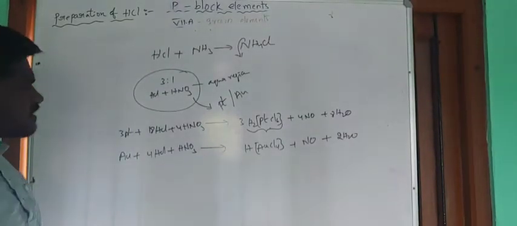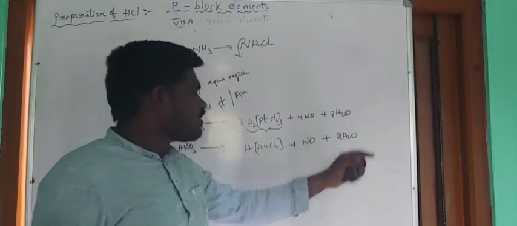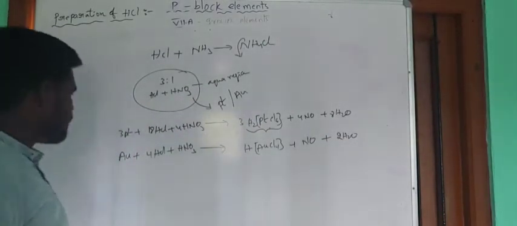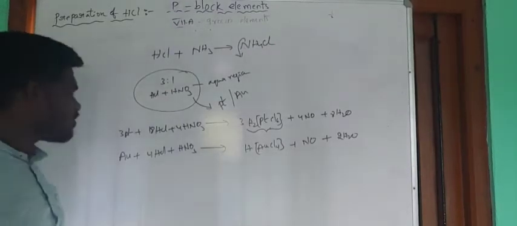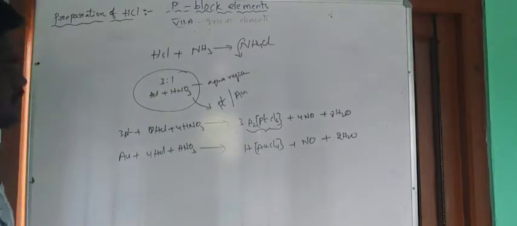So what about the number of oxygens? 3 oxygens are there, 1 and here 2. 3 oxygens are there. 1 nitrogen is present and here also 1 nitrogen is present. And 1 gold atom, 1 gold atom. The number of chlorines is 4, and in the complex only 4 chlorine atoms are present.